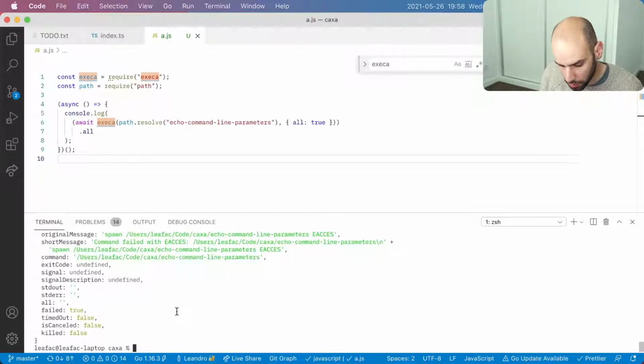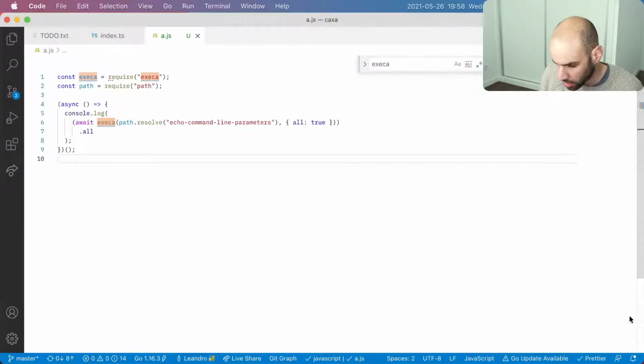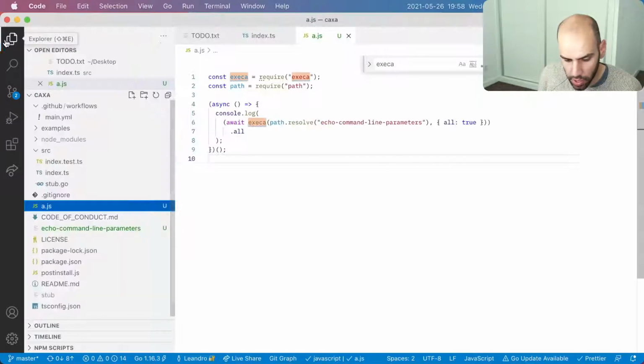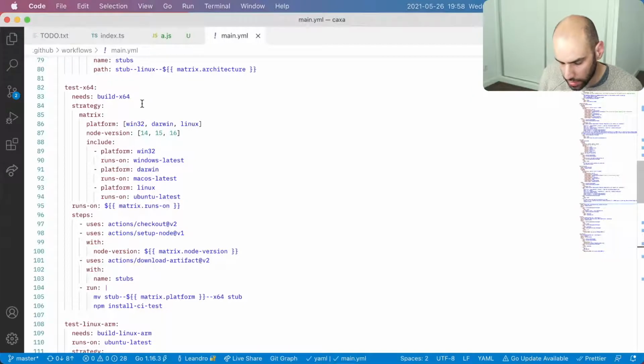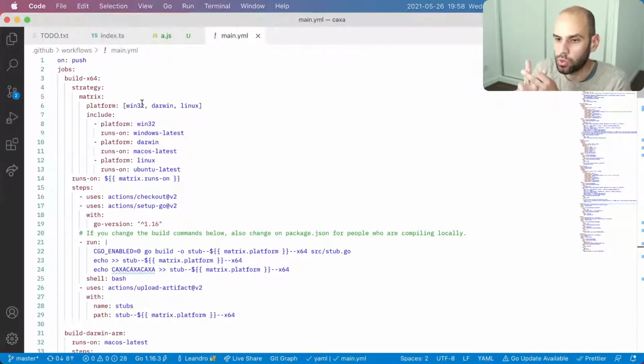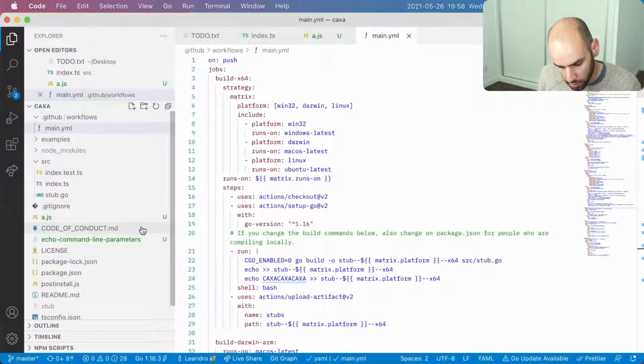I think I know what the problem is. So this problem is twofold. Essentially when we download the file, but we download the file in two places. So if we are here on this command, where is it?